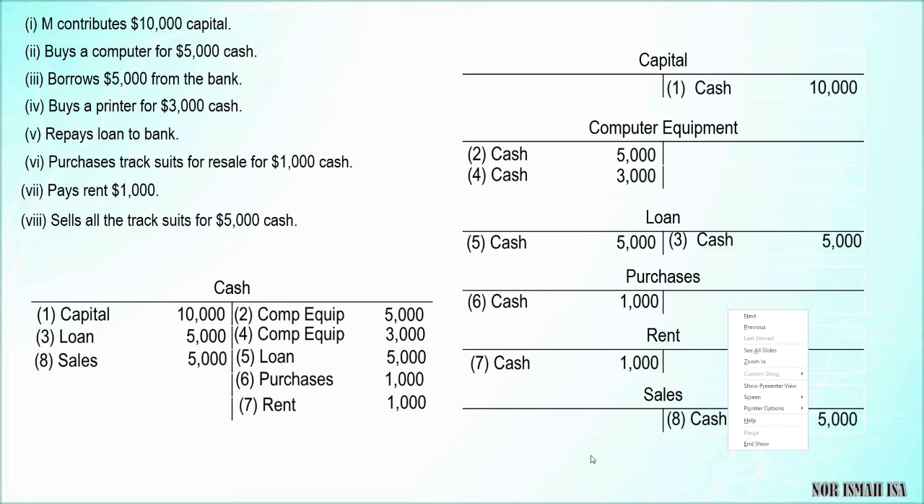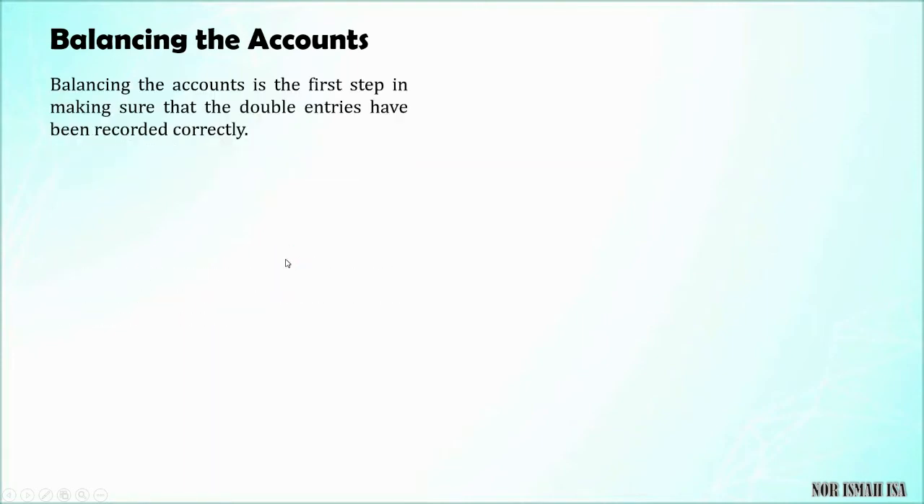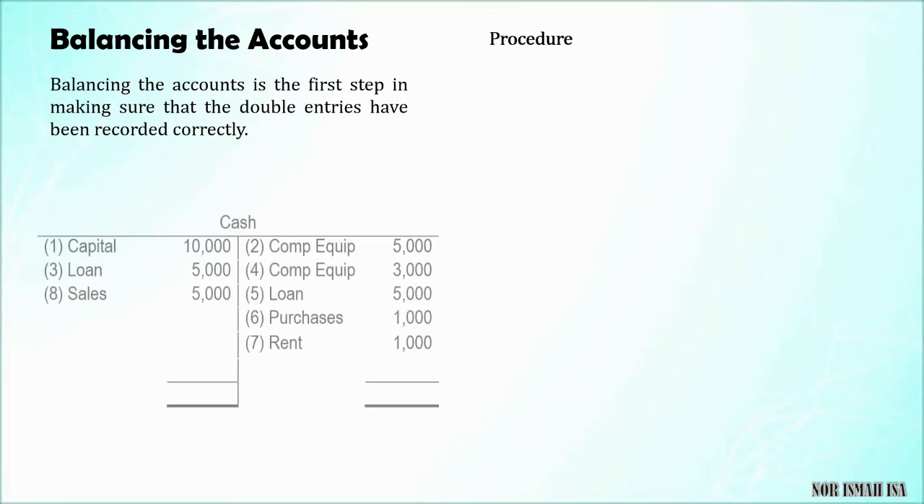So these are the accounts that have been recorded for these 8 transactions. At the end of the month, we should close the account by balancing the account. Balancing the account is the first step in making sure that the double entries have been recorded correctly. So the procedure is,